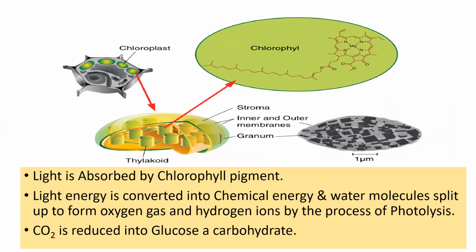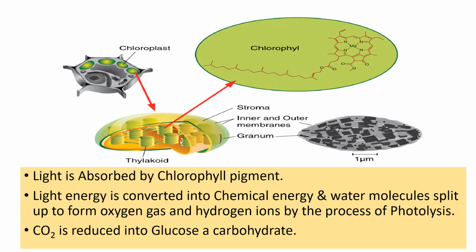Actually, each chloroplast is made up of certain plate-like structures which are stacked over each other in the form of grana. Granum is the singular term and the plural is grana. And grana is responsible for absorbing sunlight. As you can see here in this picture, these grana contain a green colored pigment, chlorophyll, and light is absorbed by this pigment,